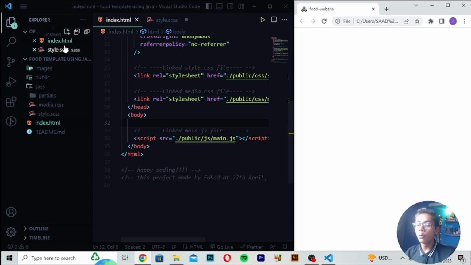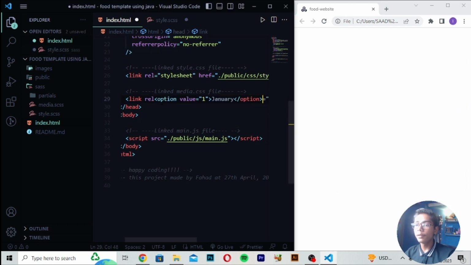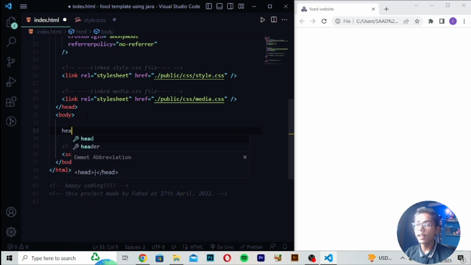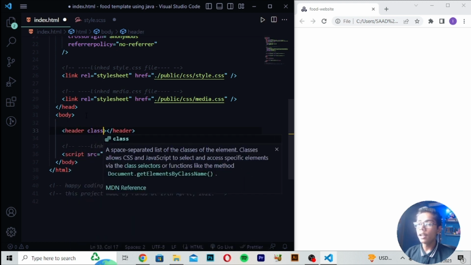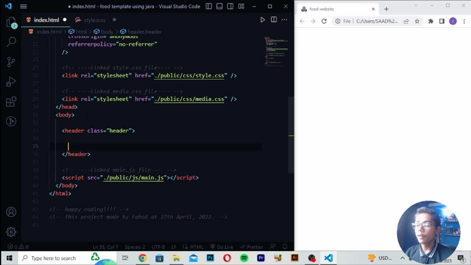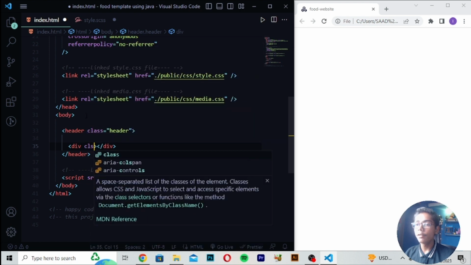All the things are removed. Press Ctrl B to close the side panel so we can write our code here. So press Ctrl B. Now I will be starting the main code from here. So first of all I will be writing header, and after writing header, I will be writing class, which should be header. Then you have to move down, and after moving down, I will be writing div class,